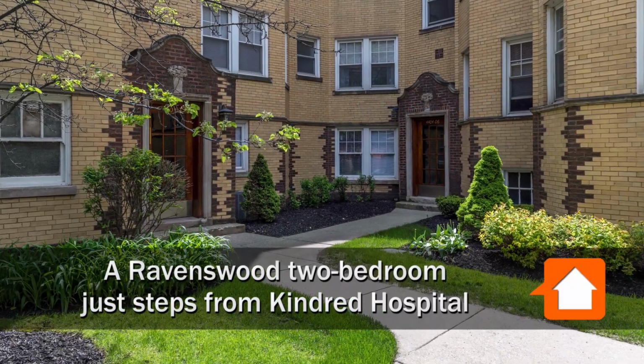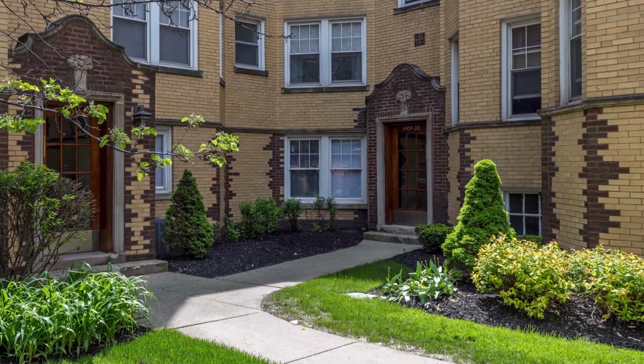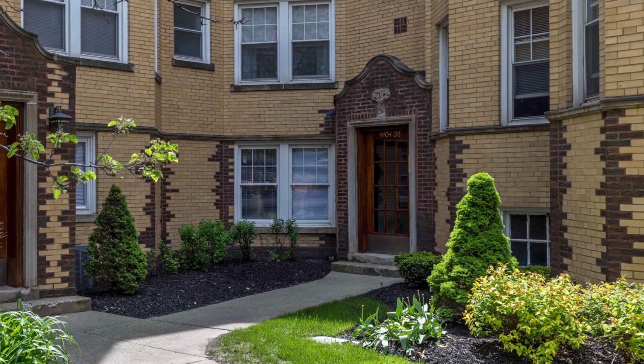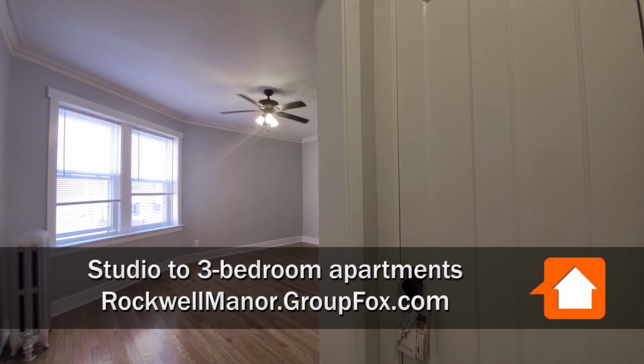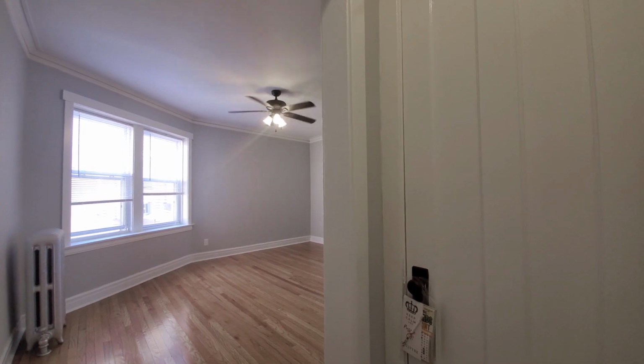I'm in the Ravenswood neighborhood, directly across the street from Kindred Hospital and steps from the Chicago River and Horner Park. Join me for a walk through one of the apartments at Rockwell Manor. I'm in the foyer of apartment 440402, a 2-bedroom, 1-bath. It's a coat closet straight ahead,